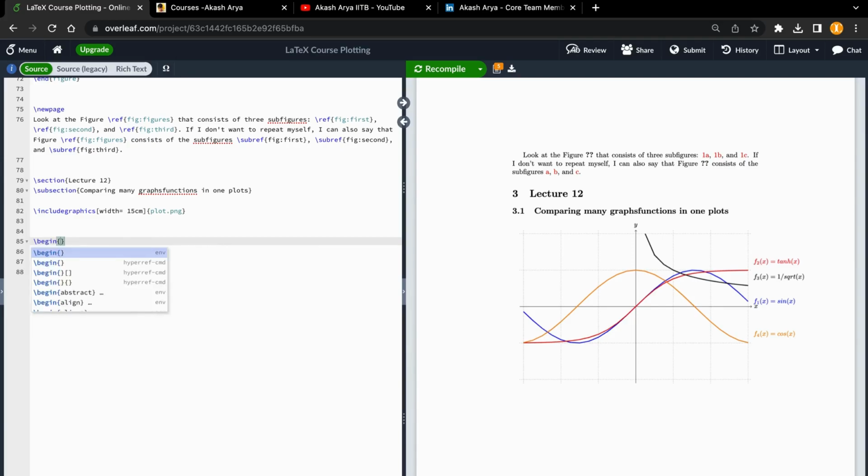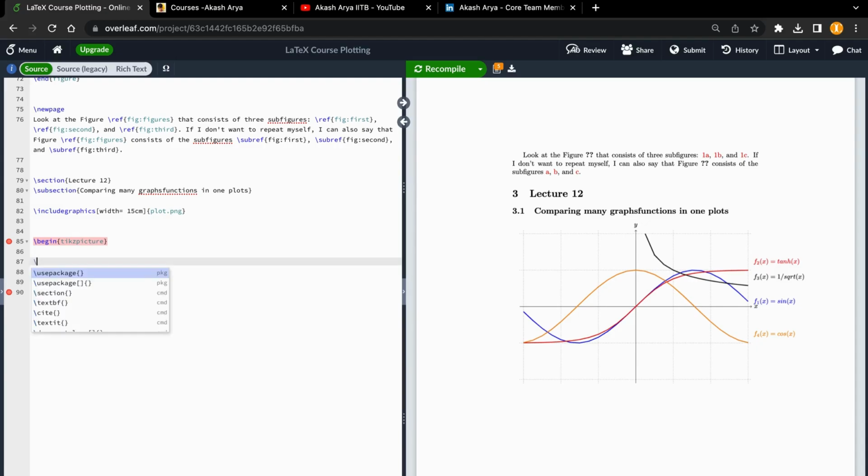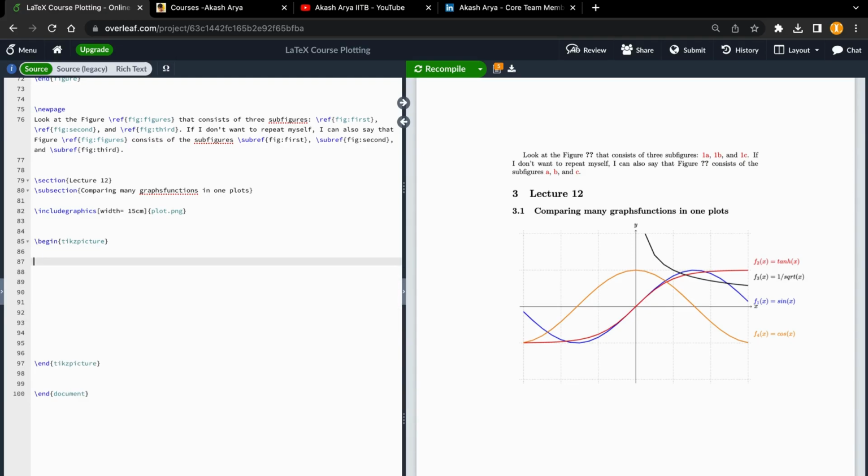For this we will have to take the TikZ picture. So we can write begin tikzpicture, and in this tikzpicture we will write our code. Now we can start with the axis. First we will draw our axis. So let's say draw,